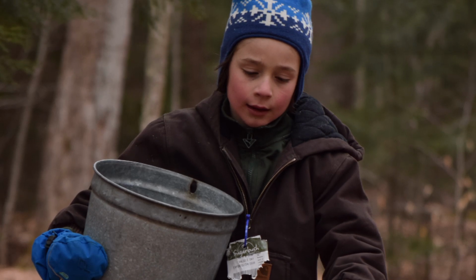Carry this bucket. Exactly. Well, that's exactly it. And people like that. They come out and they learn how to tap a tree, and they taste sap if the sap is running, and they're asked to help us gather sap, to collect it. Exactly. And they do learn how to tap a tree,